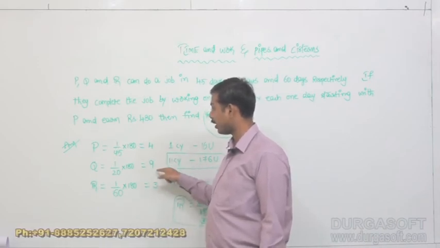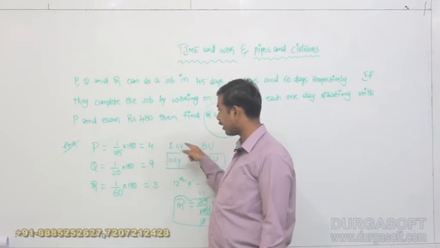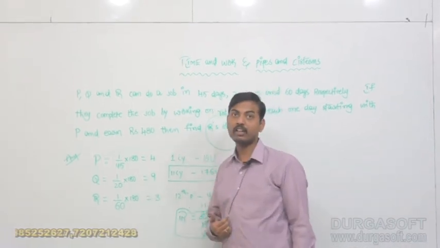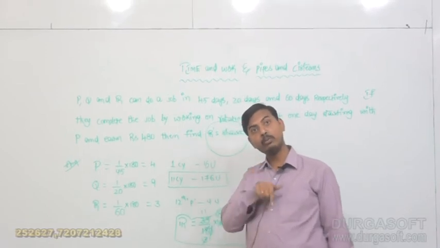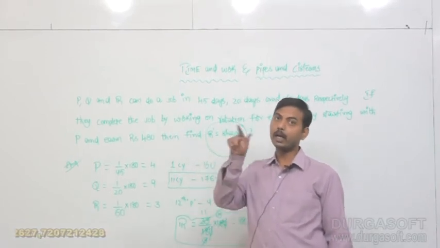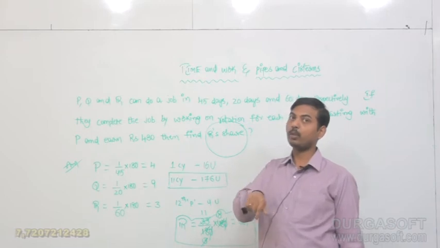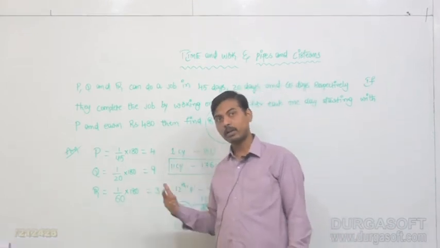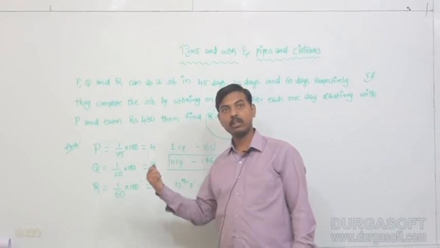4 plus 9 plus 3, 13 plus 3. In one complete cycle, a total of 16 units of work is completed. Again the second cycle has to start. In that second cycle, P should be involved on the first day, the next day would be the first day for Q, and the next day would be the first day for R, like that in a continuous process